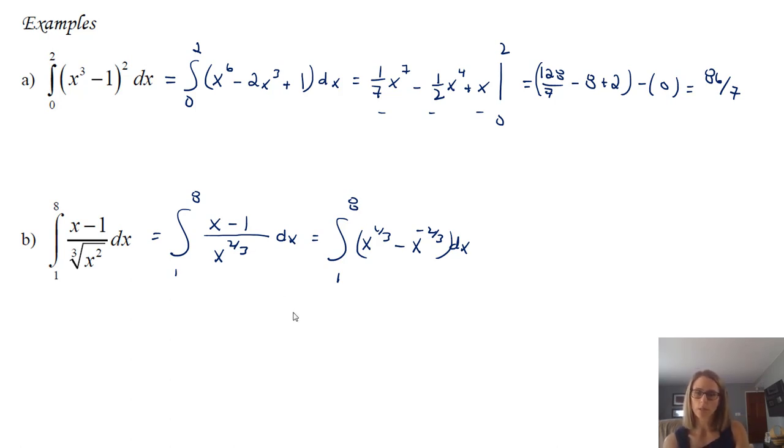So it usually just takes some time to get used to it. So now I can actually take my antiderivative because I've got x to the 1/3 and x to the negative 2/3. I'm going to add 1, so I get x to the 4/3, dividing by 4/3, multiplied by 3/4. Then we add 1 to negative 2/3, so we get positive 1/3, and dividing by positive 1/3, we get 3.